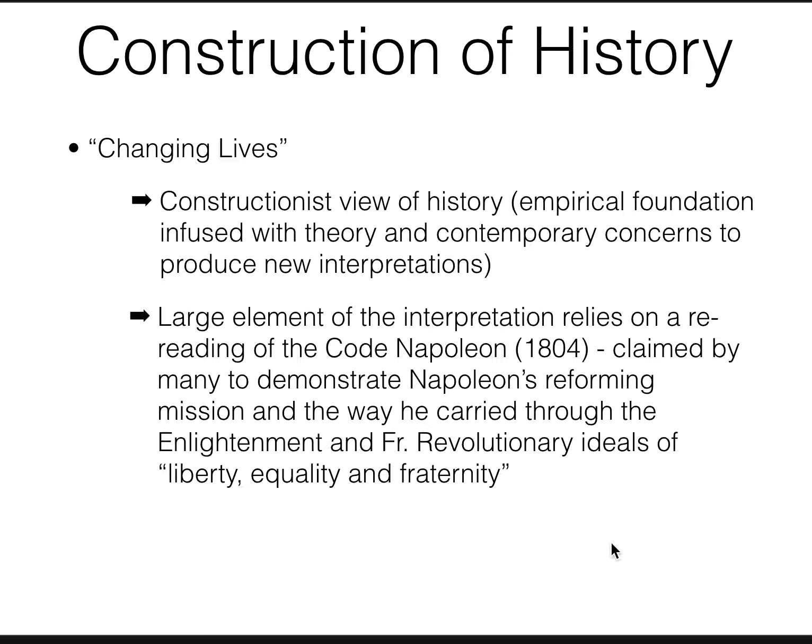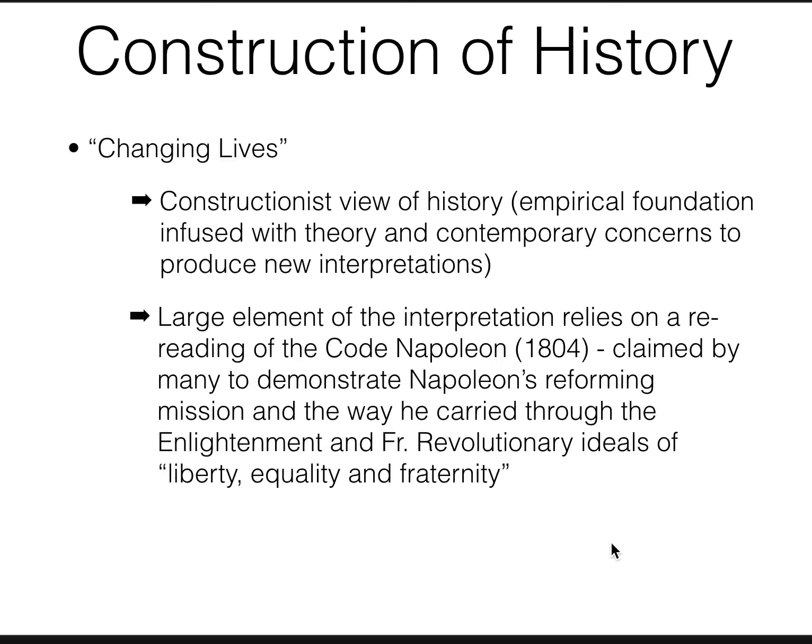For example, she takes the Code Napoleon from 1804, and she looks at how many people would argue that the Code was a great example of Napoleon's attempt to reform France and Europe into a very modern, enlightened state. People who argue in favor of Napoleon and suggest that he had a good impact on Europe and was creating a new society would argue that that's one of the best examples of